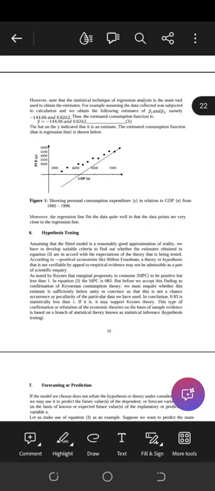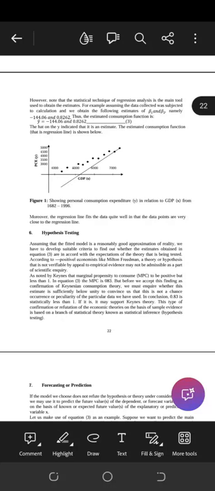Mo sọ pé tá a fọwọ́ kọ dáadáa ni ó yẹ kó jẹ́ y is equal to -144.06 plus 0.862 then x níbi tí x jẹ́ income. GDP ni wọ́n fi proxy income. A proxy is a variable that you use to measure another variable if you don't have that exact variable. Tẹ́ bá ní data lórí that exact variable, so variable lẹ lè fi approximate yẹ lẹ lè lò instead of.